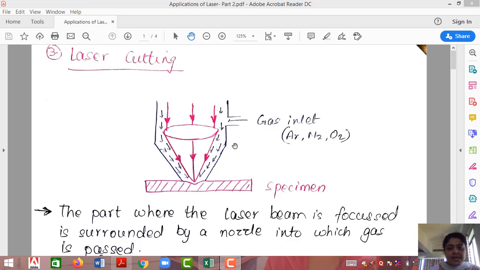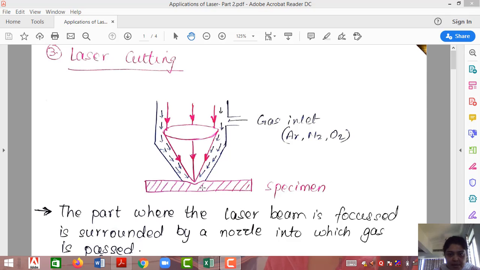So as we discussed in material processing, the remaining assembly remains the same. The upper assembly, wherein you have a laser source, a shutter, a focusing assembly, a window, all those things remain the same. I have tried to show only the bottom portion, wherein this is the output of the laser beam from the focusing assembly onto the window, and from the window a fine beam is focused on the specimen.